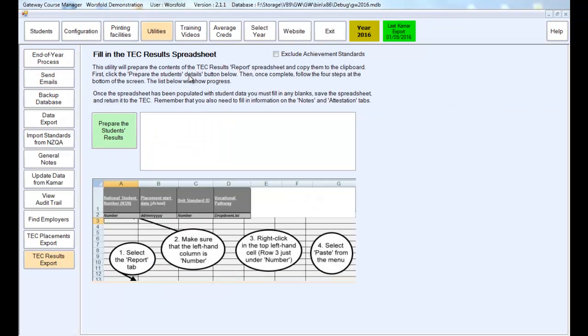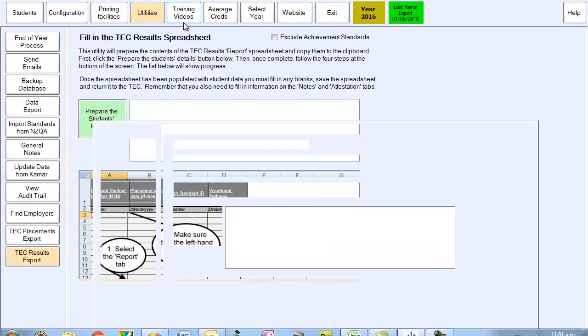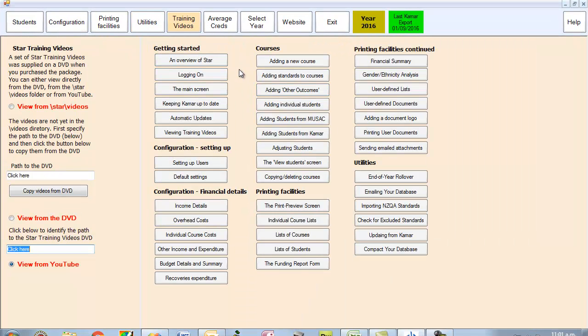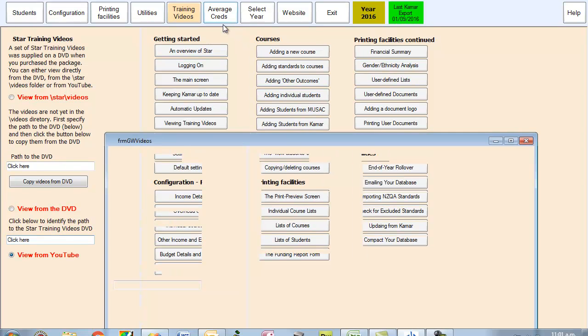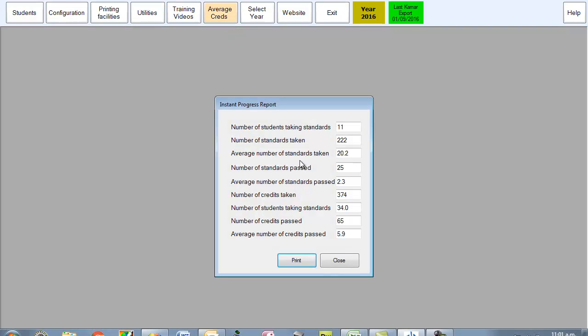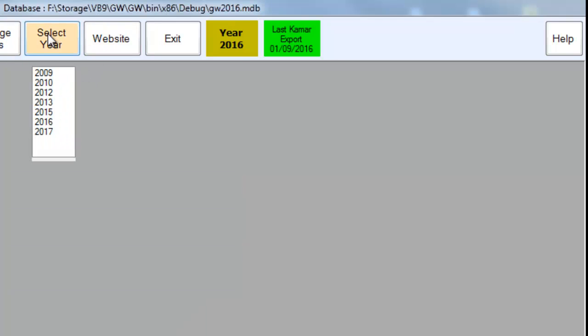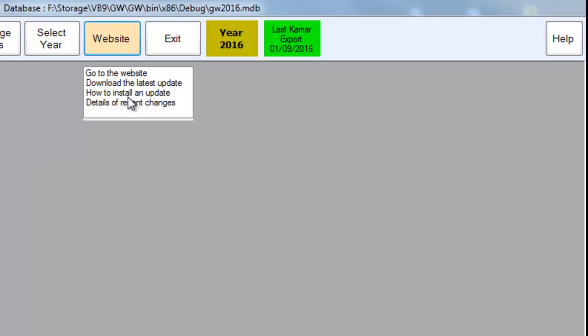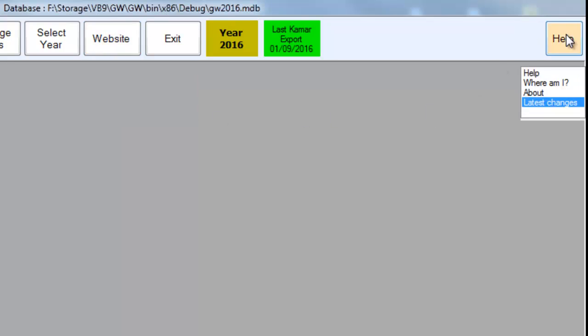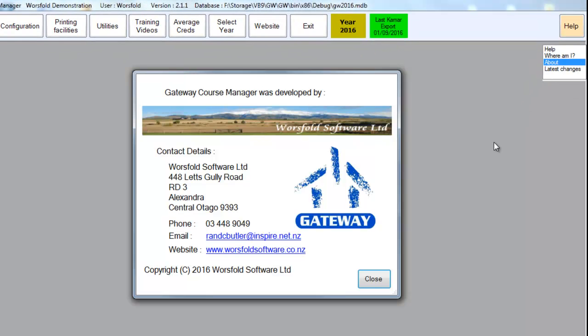The training videos, which are currently being produced, enable you to go and investigate any particular aspect of the package. The average credits display screen is the same as it was before. The 3 top menu items to select years and visit the website and help have been replaced by 3 buttons in the top row. You now select a year by going to this pull down, or the website. You can go to information on how to install an update or details of recent changes, etc. through this item, or you can go to the help screen where you can see the about screen,